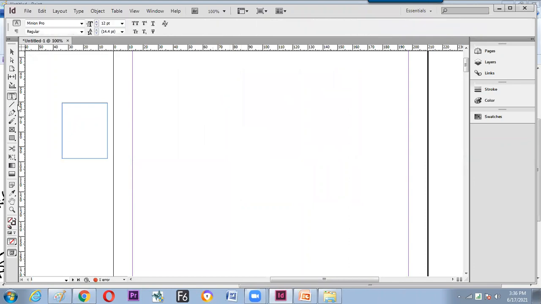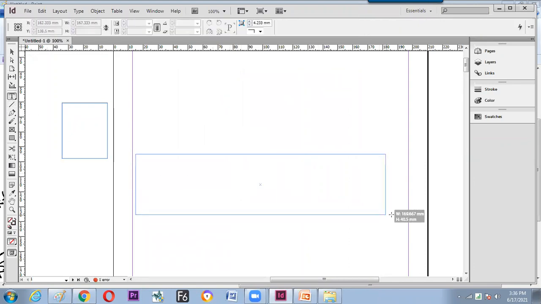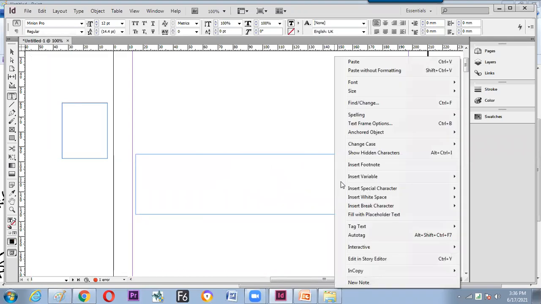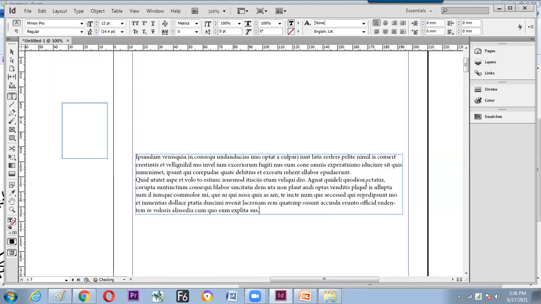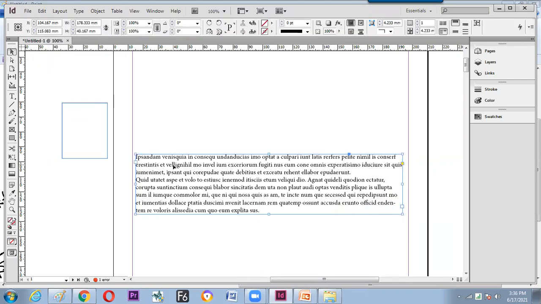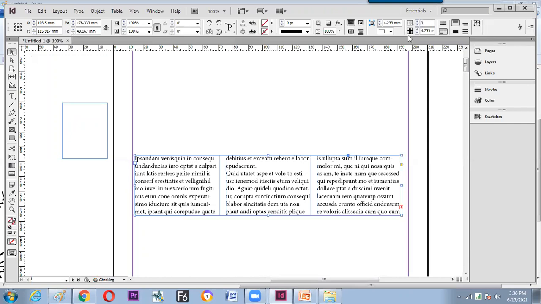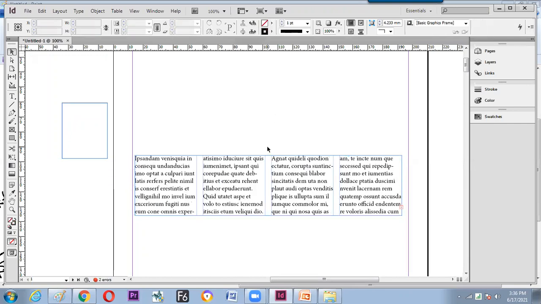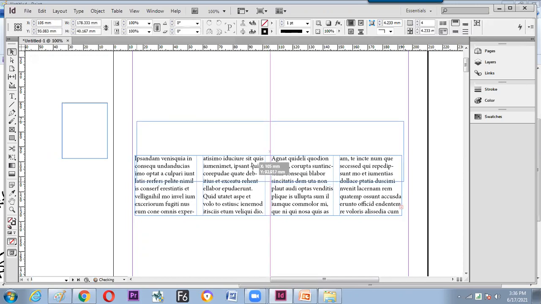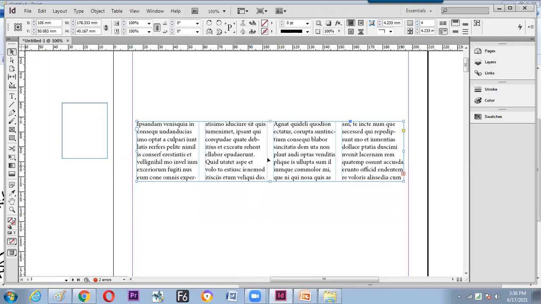Take the text tool, drag it out, fill the placeholder text, and immediately switch to the selection tool and select the text box. You'll find the text box properties on the extreme right: one, two, three, finish. So hope we have understood how to generate a number of columns within very little time in InDesign.